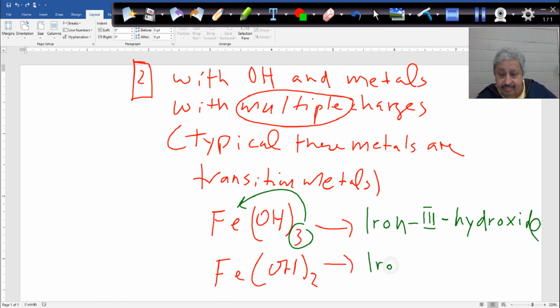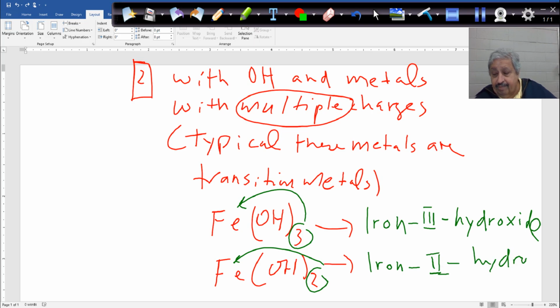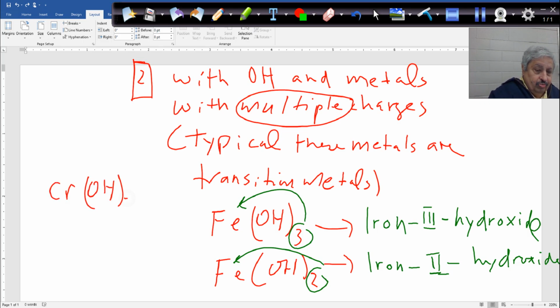And this is iron 2 hydroxide. Okay, guys. So if I give you another one, you can tell that's chromium. Chromium can come in this one here, and chromium can come. So what do we call this one here? This one here will be what? Chromium